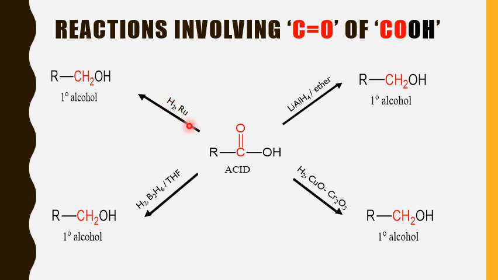And another such reducing agent is hydrogen with metal catalyst. Not an active metal catalyst such as nickel, but here we are using a soft metal such as ruthenium. So this gives a mild reduction where only this carbonyl group undergoes reduction, not this OH group. Remember, if you use an active metal such as nickel, even this OH group undergoes reduction, oxygen will be removed, hence giving only RCH3, which is an alkane. So we are using only a mild reducing agent where a soft metal is used so that only the carbonyl group undergoes reduction in this process, hence giving a primary alcohol.